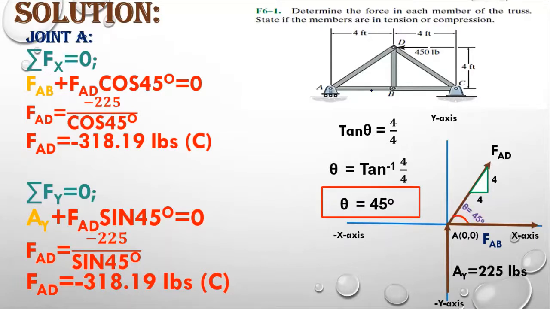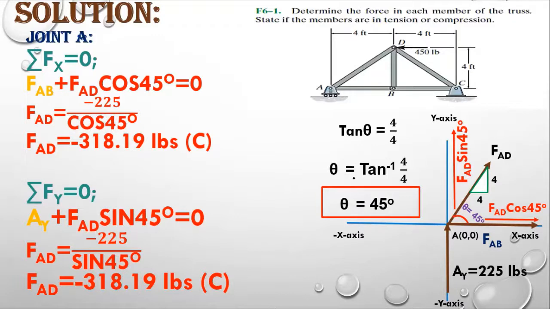We should write down the angle first here, theta equals 45 degrees. So FAD cos 45 degrees, FAD sine 45 degrees. Both should be positive because both are acting parallel to the positive x-axis or positive y-axis. So what we have to do now is sum up horizontal forces or sum up vertical forces. Only one member is left. It's up to you. You can sum up horizontal forces and get the value, or if you sum up vertical forces, you will also get the same value. Now we are moving towards the solution.